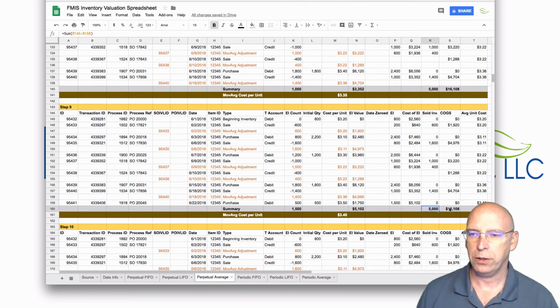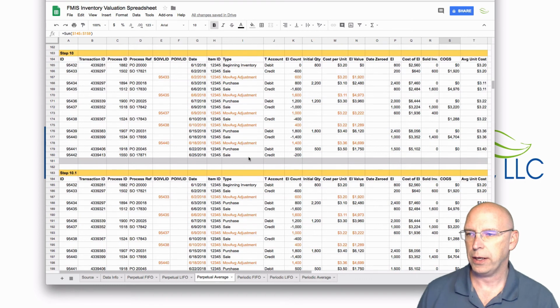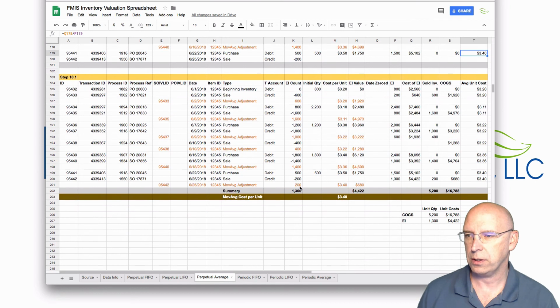We have a running total here of our sold inventory and our cost of goods sold. Next, we have a sale. We would expect that average to be $3.40, and here, in fact, is that adjustment. That gives us an ending inventory of 1,300, which we see in our table here. The value of the ending inventory is $4,422, we see here. The sold inventory is 5,200, and the cost of goods sold is